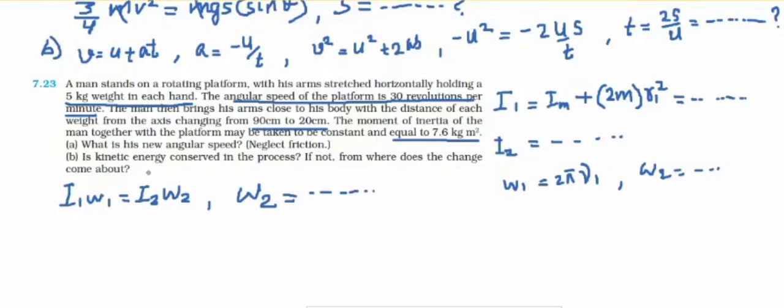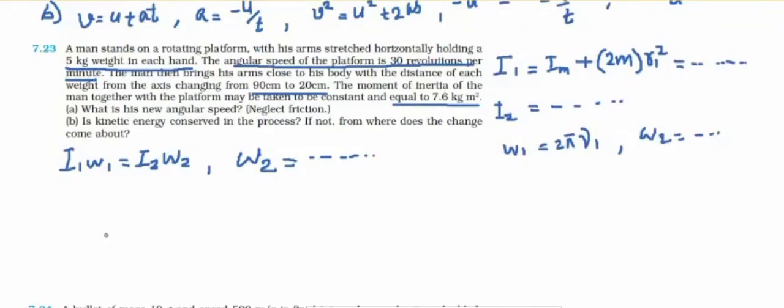Now, is kinetic energy conserved in this process? Kinetic energy is not conserved. If not, from where does the change come about? See here, the man is doing work to fold his hands. The work done by the man is converted into increase in kinetic energy. Then next,